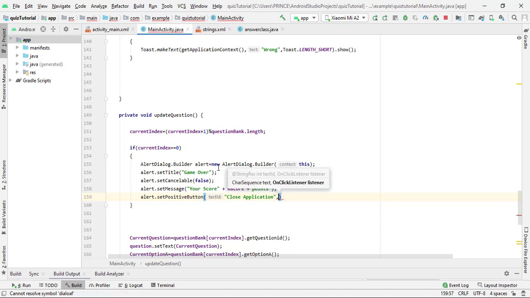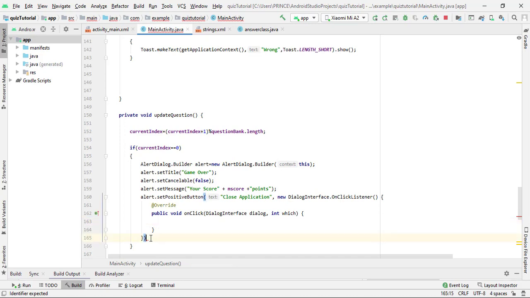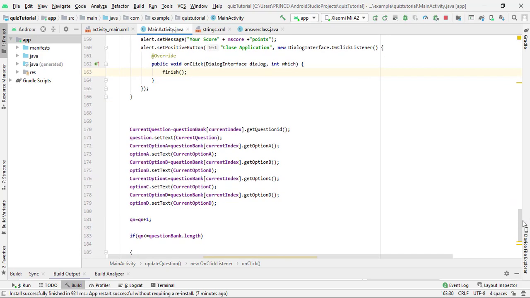Now take a comma and type new Dialog, then press enter, and you can see it automatically writes the code for us. Now simply add a semicolon here, and inside this I have to call the function finish. After clicking on Close Application, it closes my application.